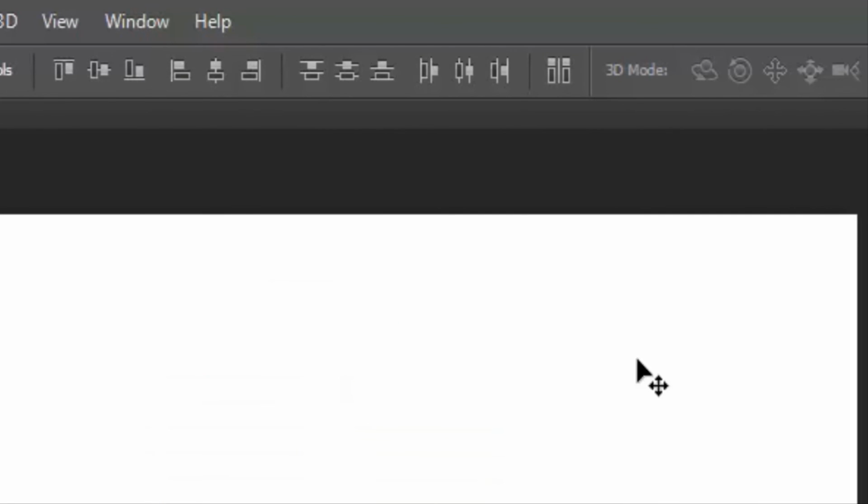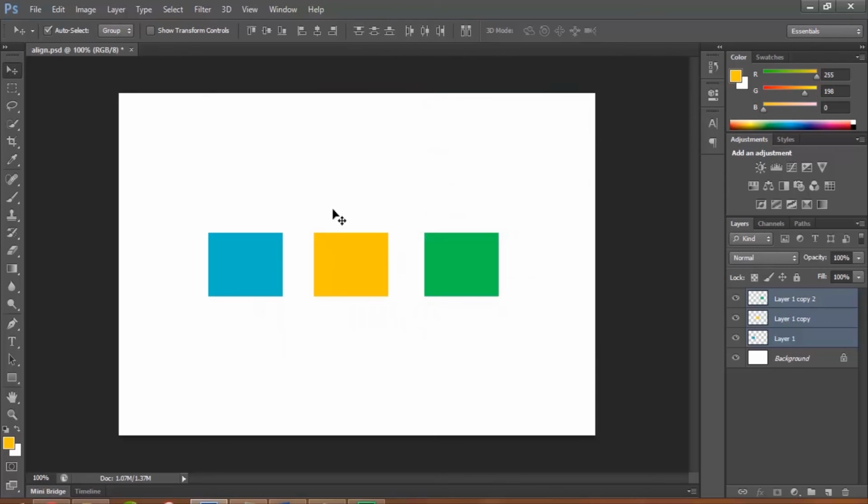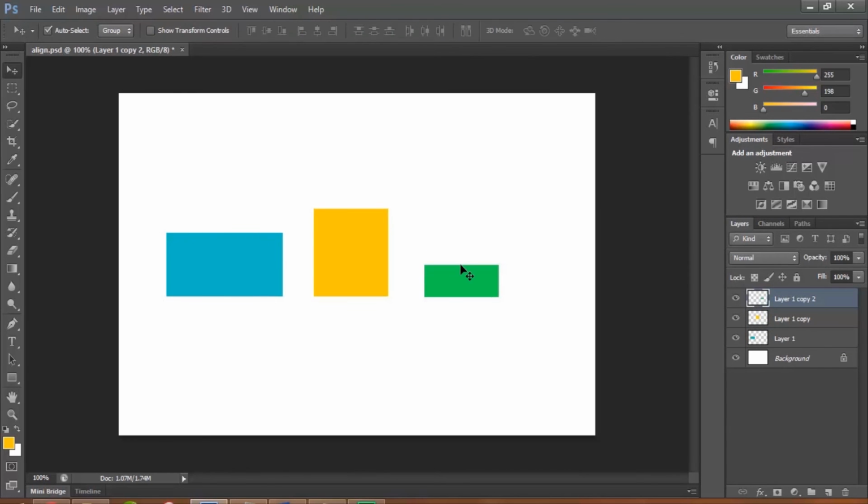Towards the right, there are few more alignment options. To know about these options, I will change the width and height of these layers. Now let us rearrange them.